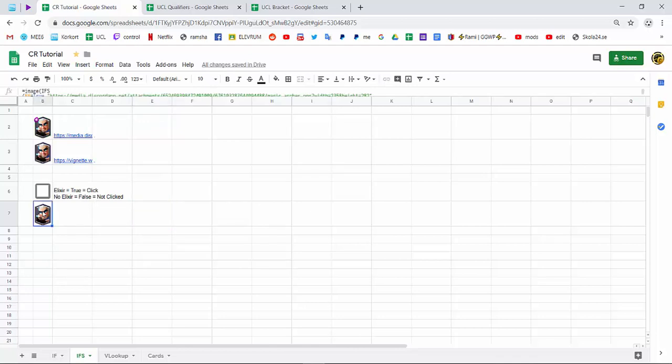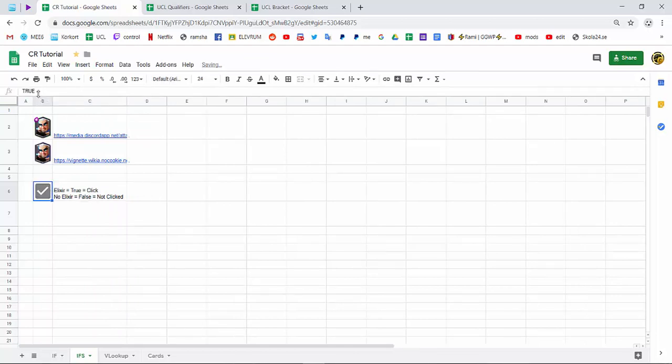So if we delete this for now, you see it switches between two images. Elixir equals true equals click. No elixir equals false equals not clicked. If we click, you see it's gonna say true. Otherwise, it's gonna say false. So it's only true or false, true or false, right? Simple. So right now we want to switch between these two images quickly,